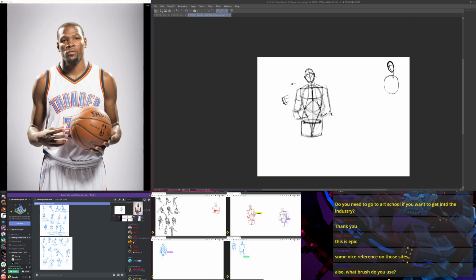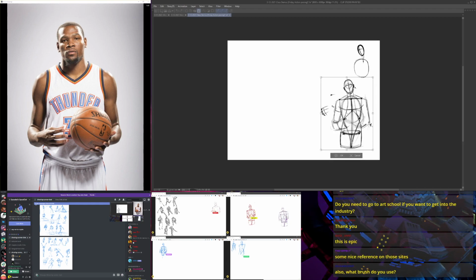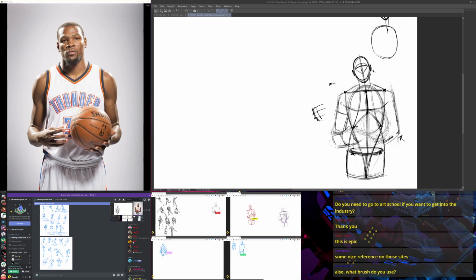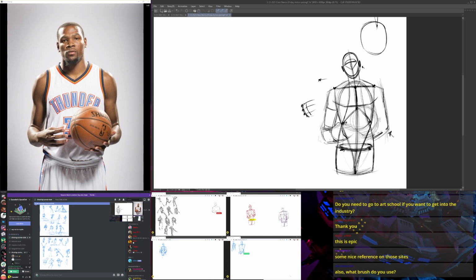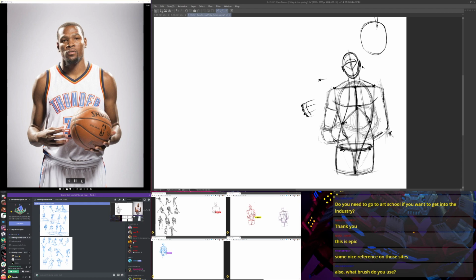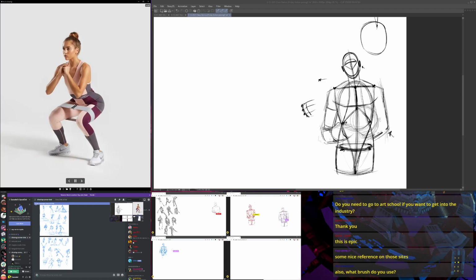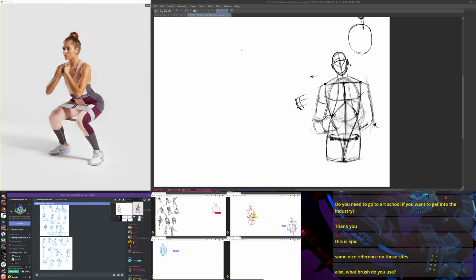I think I like the pace of these 5-minute poses, although I did extend this one a little bit beyond 5 minutes. So let's maybe find another pose and maybe a really clear action pose. And have us move to the next one very shortly, so be ready. So let's go. Let's find a good clear pose that I can use. This one might be usable. Yeah, let's do this.